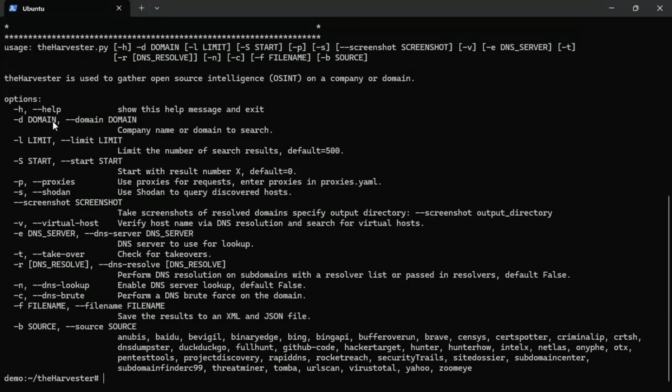Let's start with the -d, -l, and -b commands. The -d command is where we pass a domain that we want to search. So this would be the company name or domain name to search. Then the -l command is our limit, limiting the number of search results, and the default is 500. Then the -b command specifies the source that we want to try and do this search from. So we have a variety of different options listed in the description, and we're going to be using Bing as